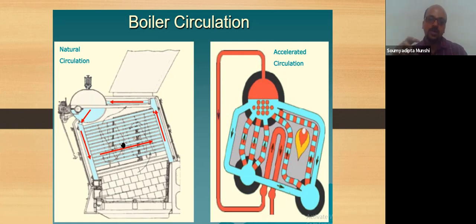The remaining water which now is in the drum mixes with the incoming water from the economizer, and the cycle is repeated. So that means first from the economizer the water is heated to its nearest value of the saturation temperature, then it comes to the drum, then the water flows through the water tube, and as the water flows through the water tube, the water on the surface of the tube is converted first